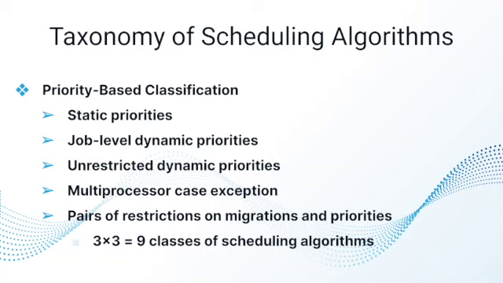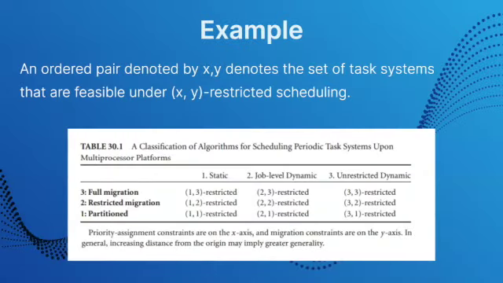In order to prove the above 2 statements, a mathematical matrix model, same as the one before, can be used, but a little bit different. For calculations to be done, an example using the X, which is going to be the priority assignment constraint, and Y, which is going to be the migration constraints, access matrix can be plotted to prove the concept. And as you can see, it's going to be 3 by 3 class of scheduling, same as the one before. And let's go over this example real quick.